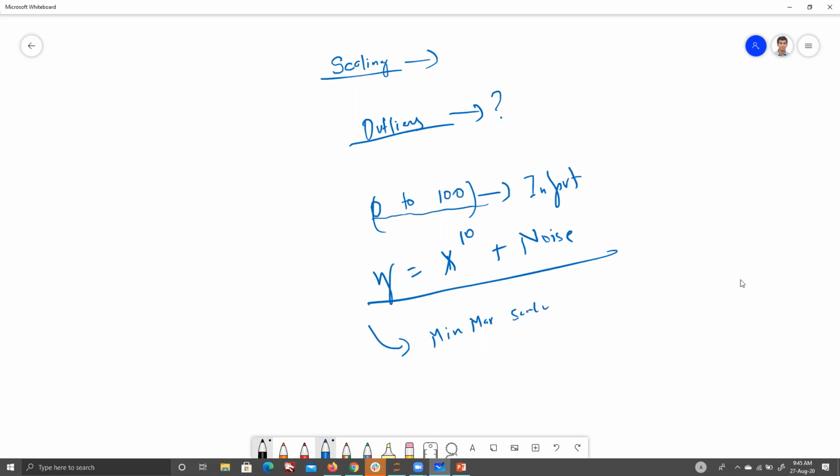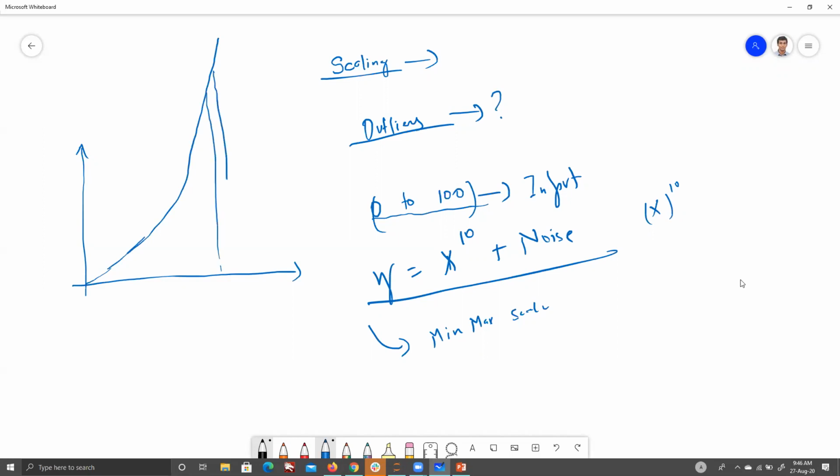Exactly. So where is this outlier coming from? It is coming because of the min-max scale. Not exactly. See, because you are going with x to the power 10, right? Your data is from 0 to 100. Do you have any idea how this data is going to move? It's going to start very small and then y will increase very fast. Do you have any idea how much is the difference between 99 and 100? Even on the x-axis, the difference is only 1. Do you have any idea how much is the difference between their outcomes?